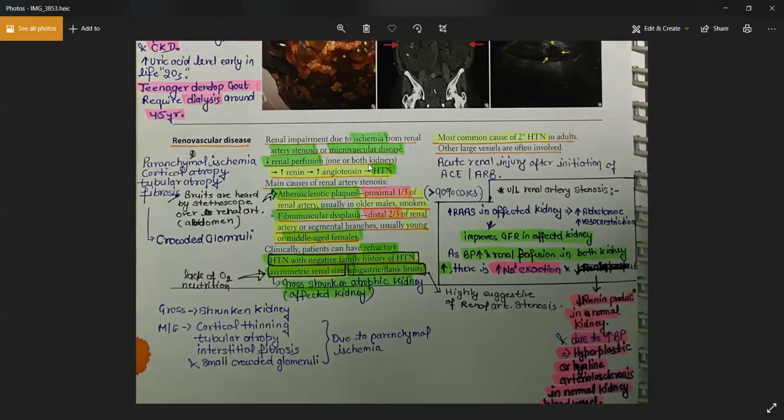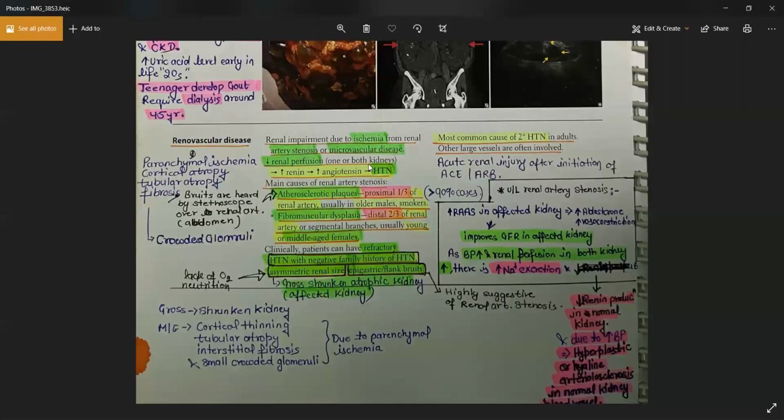Okay. Now, because of this high blood pressure and increase in the blood flow to that normal kidney, the opposite thing is going to happen in the normal kidney. Because of this high blood pressure, you will be having arteriolosclerosis, hyaline type or hyperplastic type, depending upon how high the BP the patient is having. So that causes a decrease in the lumen of the normal kidney. First thing. Second thing, you will be having the inhibition of RAS in the normal kidney.